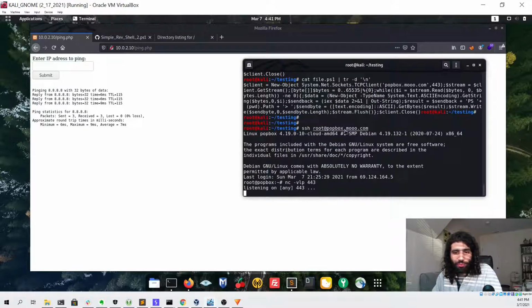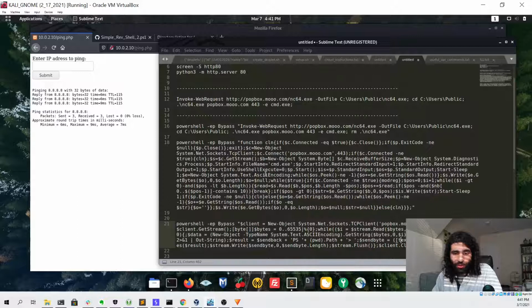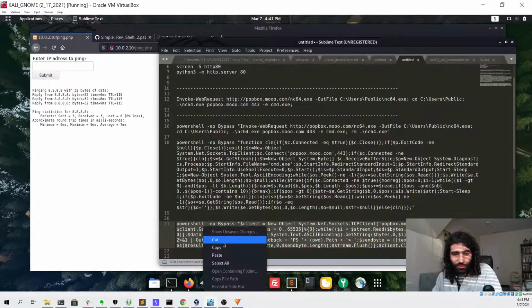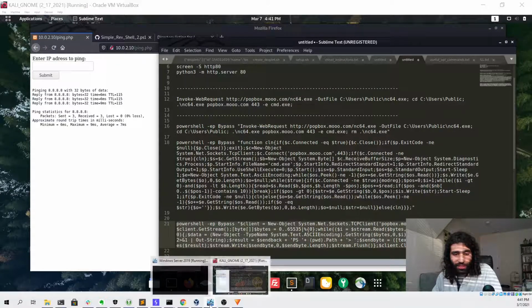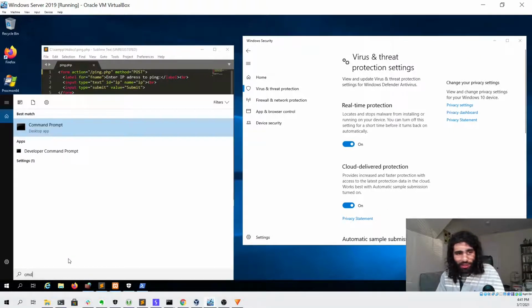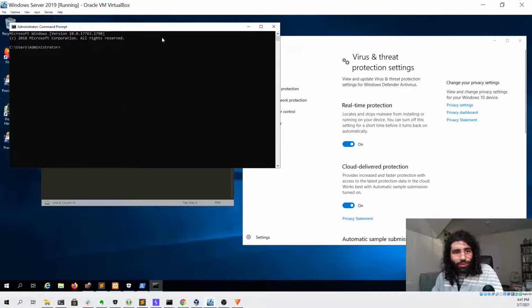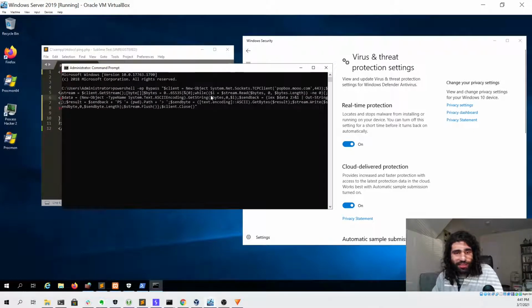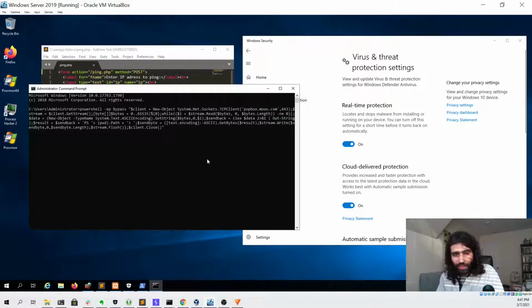So now we may be wondering, what's the reason for this happening? To determine why this is happening, it's pretty trivial. You can just go on to any Windows computer that has Defender up to date and enabled, and copy and paste the command that we created earlier. So I've just done that. And then open a new PowerShell or CMD prompt on the Windows computer, and just paste in the command we were trying to send earlier. So if I do that and then click enter,